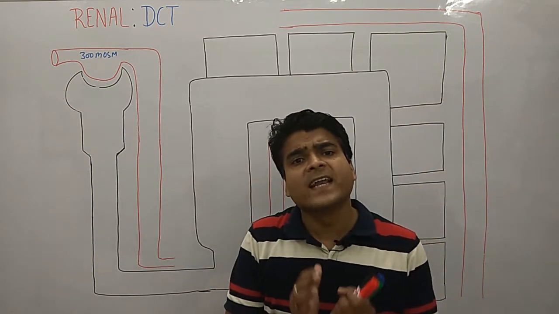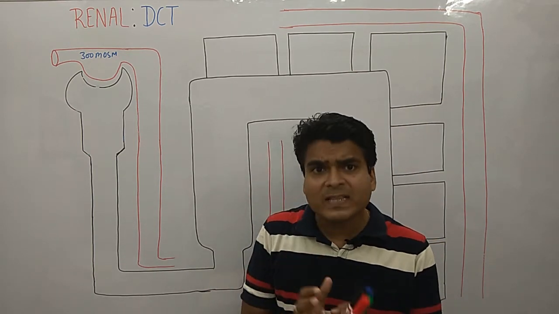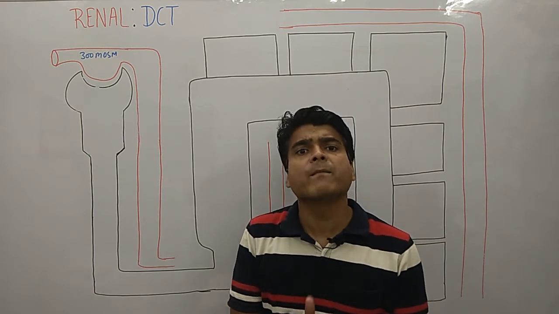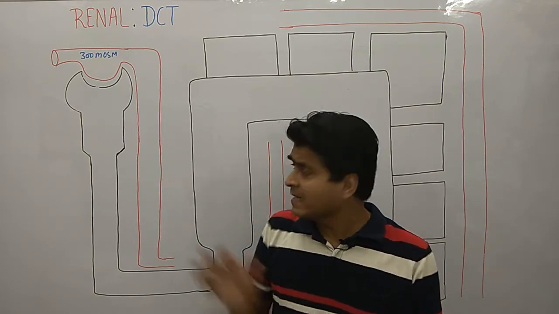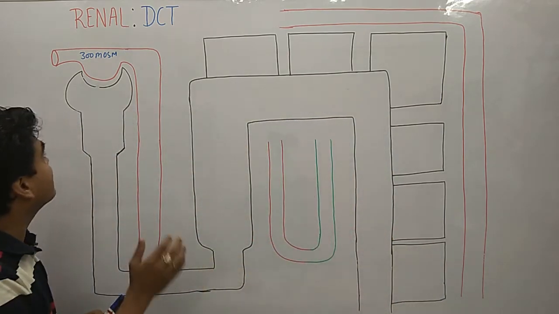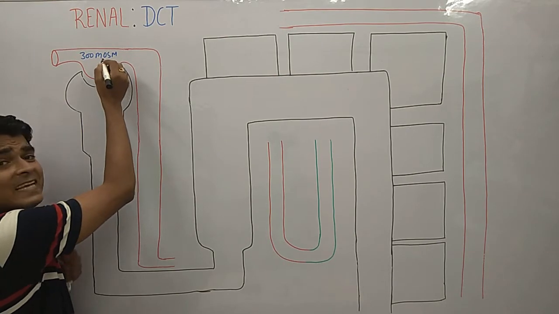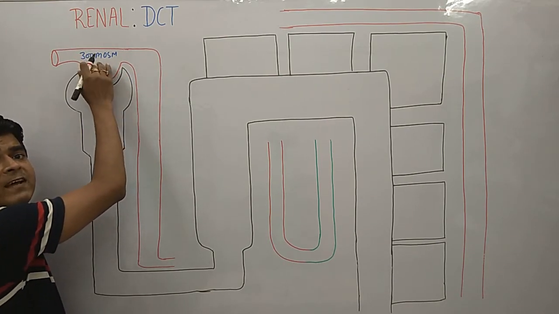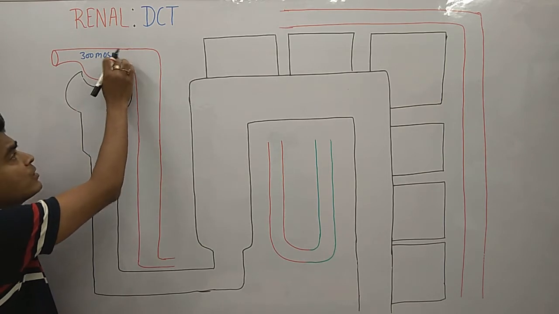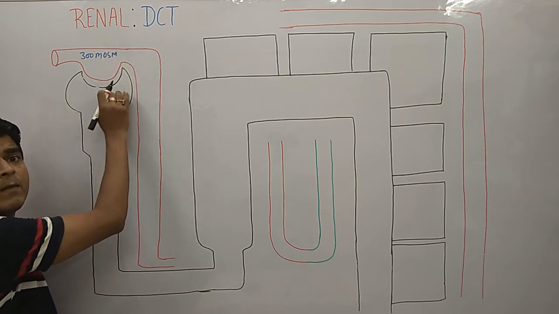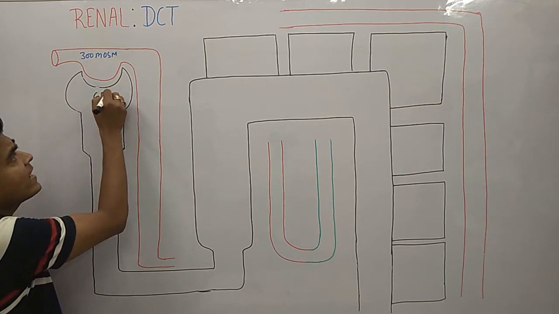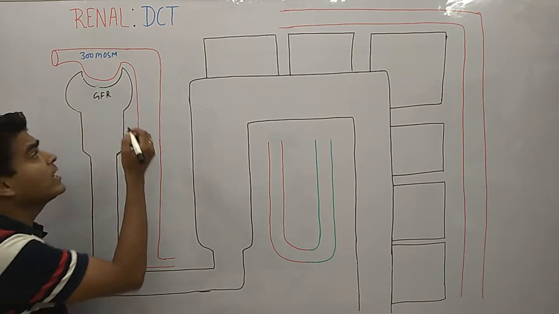But first, a quick recap of the earlier classes so that the concept becomes clear and you can remember all these things. So look here, what kind of osmolarity are we getting? It was 300 milliosmolar in the glomerular filtrate, and here we have the GFR, which was 125